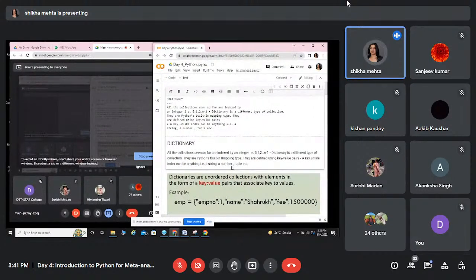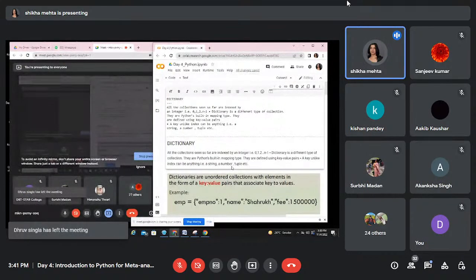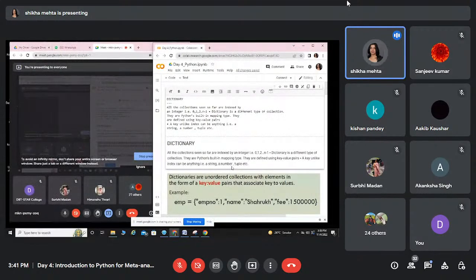Whatever collections we have seen till now, they are indexed by an integer, that is 0, 1, 2, 3. So all the elements we are accessing from the list have integer indexes. They may be positive values in terms of forward indexing, or negative values when we are discussing negative index or backward indexing, basically -1, -2, -3. Dictionary is basically a different kind of collection, based on mapping,